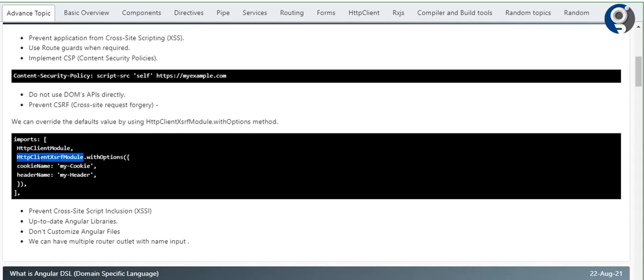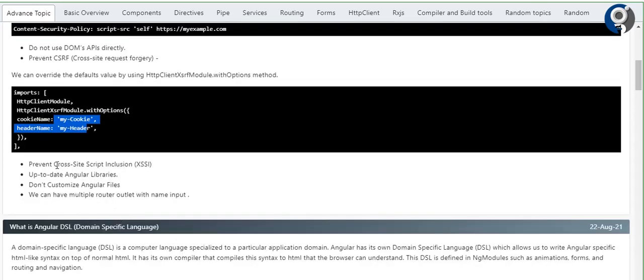So with the HTTP client module with options, we can change the default name to something else, like the cookie name, and the header name we can change to something else. Okay, then prevent cross-site script inclusion, use up-to-date Angular libraries, don't customize the Angular file, and we can have multiple outlets with input